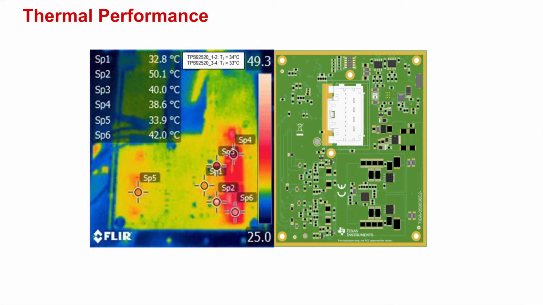We have two TPS92520s that drive 4 LED channels to obtain 30 watts of power to each channel for a total of 120 watts. Each TPS92520's temperature rise is only 10 degrees, even at the full power of 60 watts per device, or a total of 120 watts. The rest of the module runs with relatively small rises of temperature due to the efficient thermal design of the